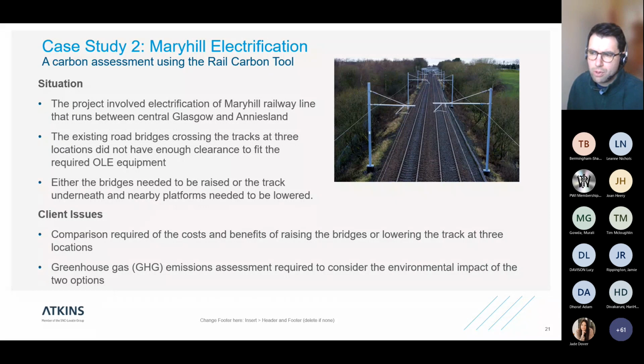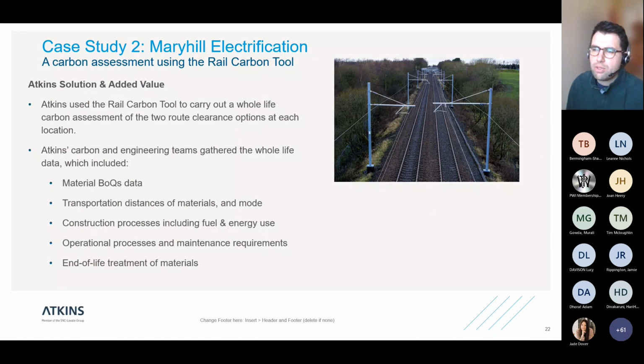So a comparison was required of the costs and benefits of raising the bridges or lowering the tracks at the 3 different locations. And a greenhouse gas emissions assessment was required to consider the environmental impact of the 2 options across those different locations. So we used the rail carbon tool to carry out a whole life carbon assessment of the